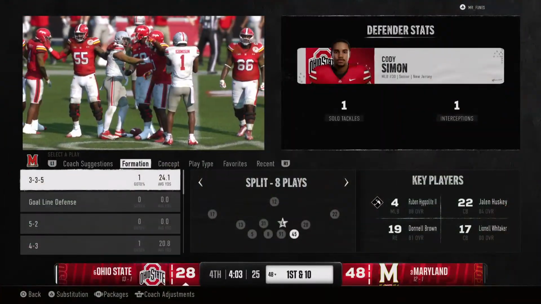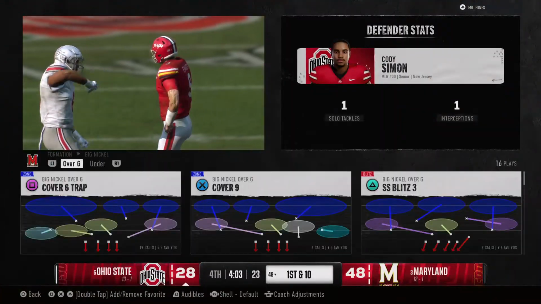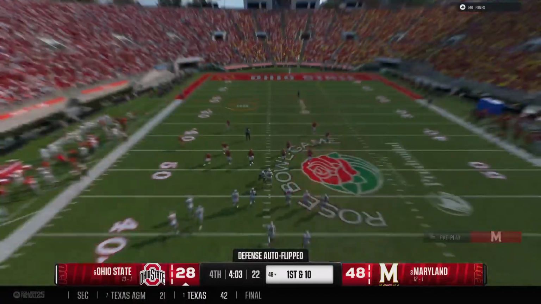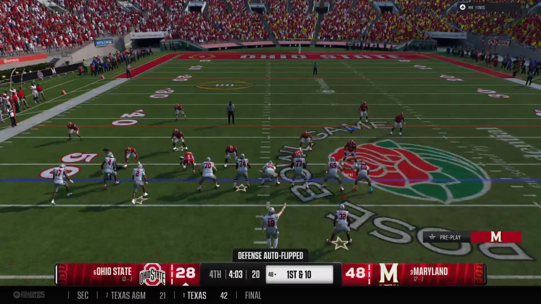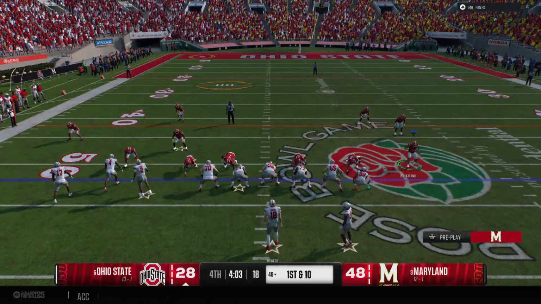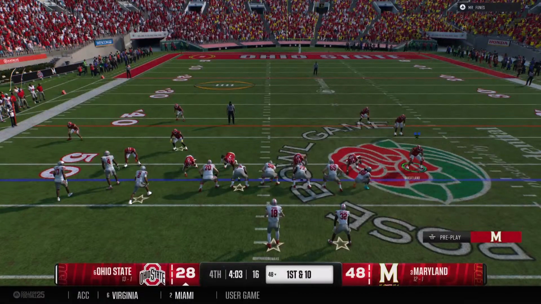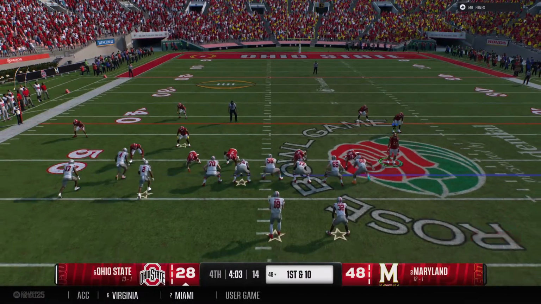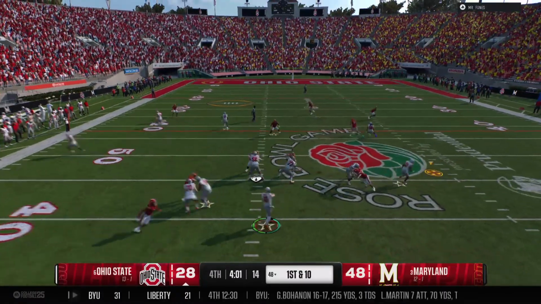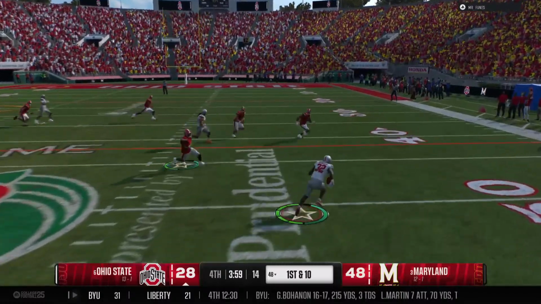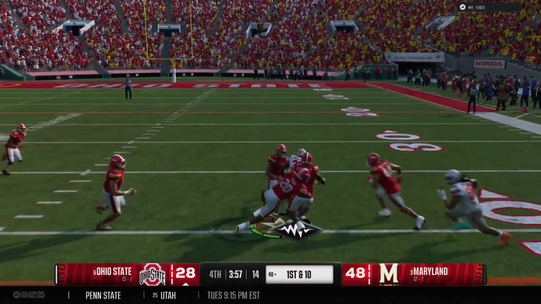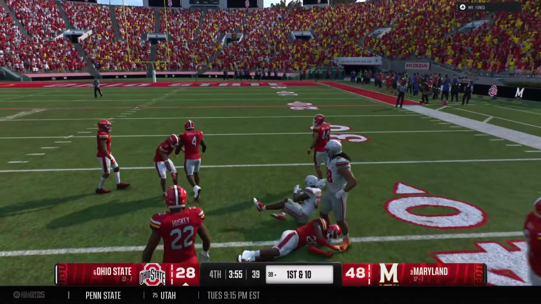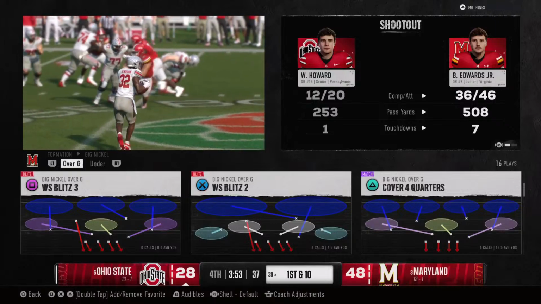Wow, a risky call by the offensive coordinator, playing with the lead in the playoff in the second half, throwing the football. I don't disagree with it, but now you give this defense a chance to create a turnover, and they capitalize here with the pick. Looking to pass. It's Howard. Here's a throw underneath to the back. He's brought down, but the game moves the ball to the 39.